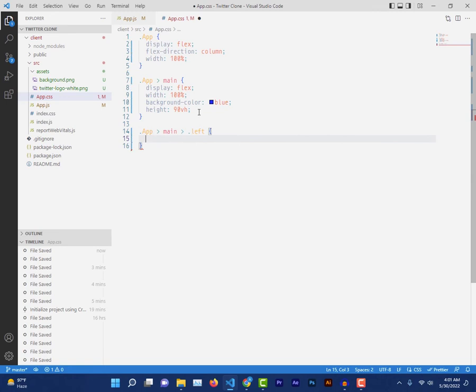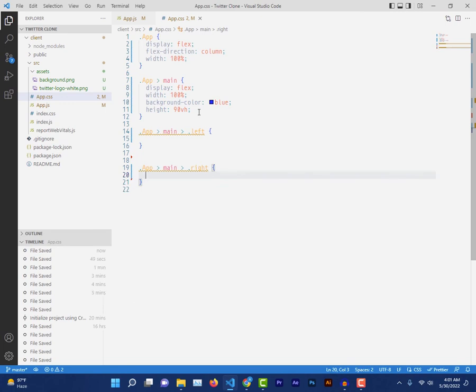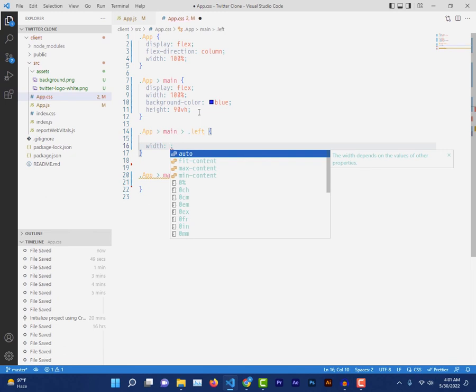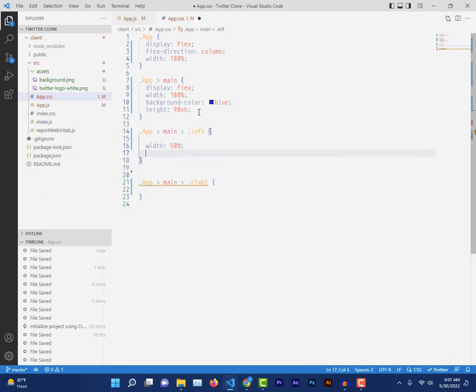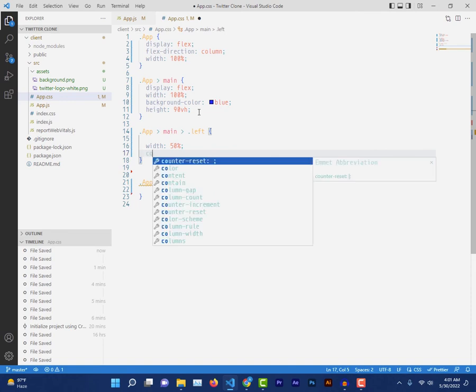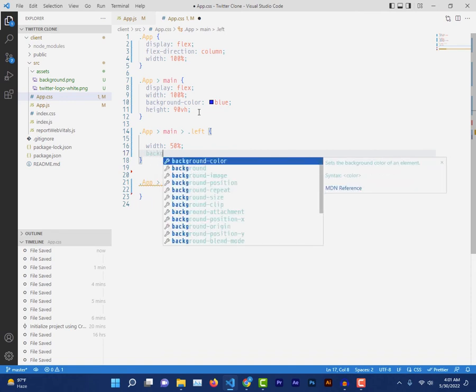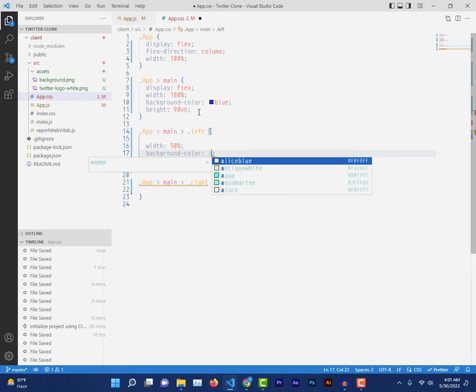So next we will come to the left and right sections. For that I think I might have to do the CSS again. App, and then in the main, then we have dot left, and dot right. And for dot left, I think I must give it a width of 50%. So here we go, I'll give it a width of 50%,